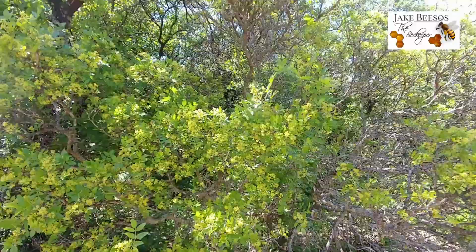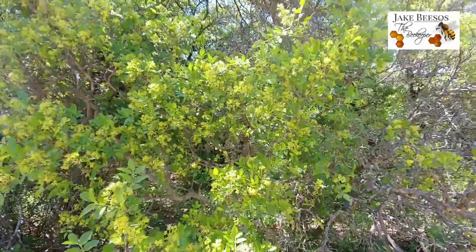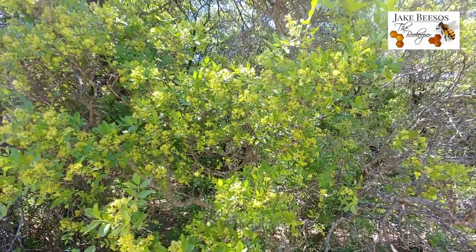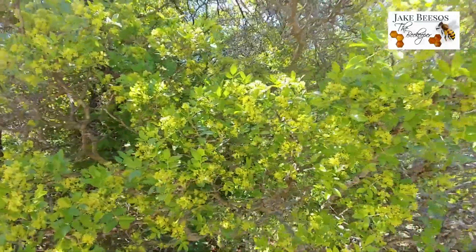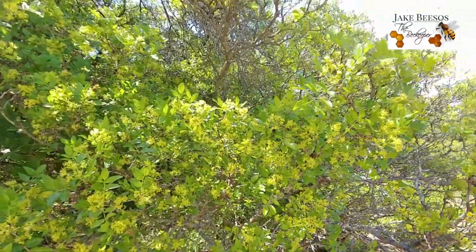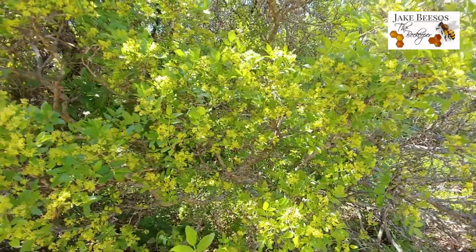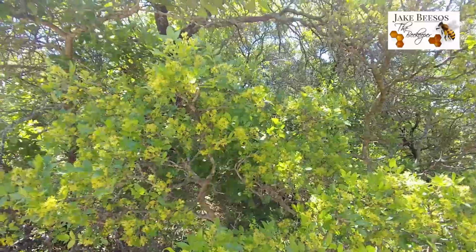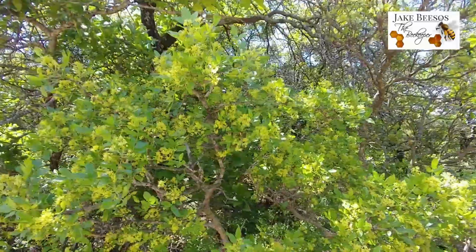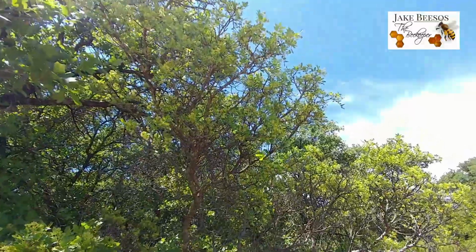This is the 3rd day of the Hercules blooming. And I guess I was a little wrong when I said that it didn't put off any pollen. It just didn't put off any pollen that I could remember. But now that it's the third day and the little tentacle looking things are all pushed out,